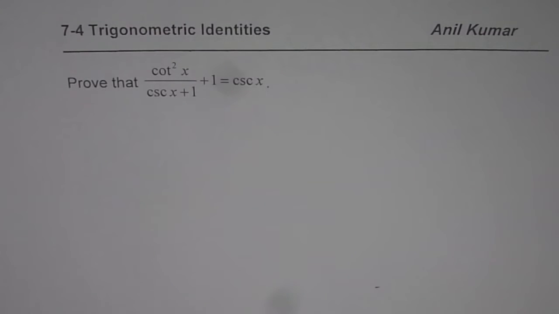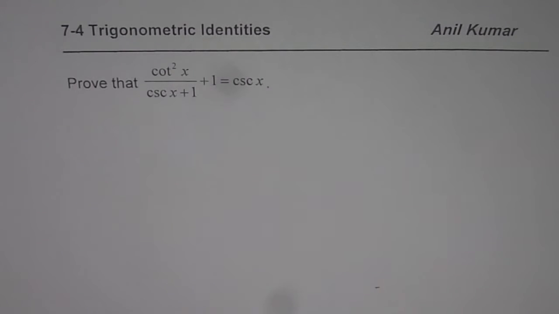I'm Anil Kumar, and here is an excellent identity to prove. Prove that cot square x divided by cosecant x plus 1 equals cosecant x. Now I'll take this opportunity to also remind you of the Pythagorean trigonometric identity, which relates cot square x with cosecant